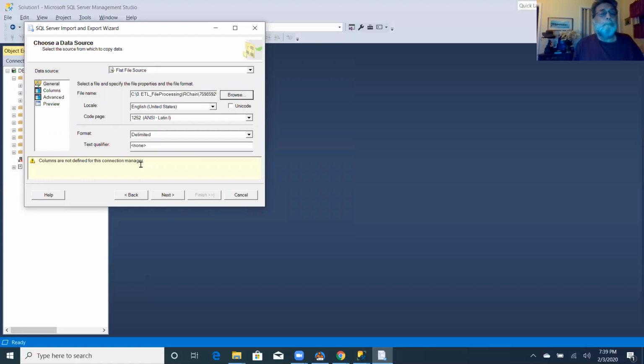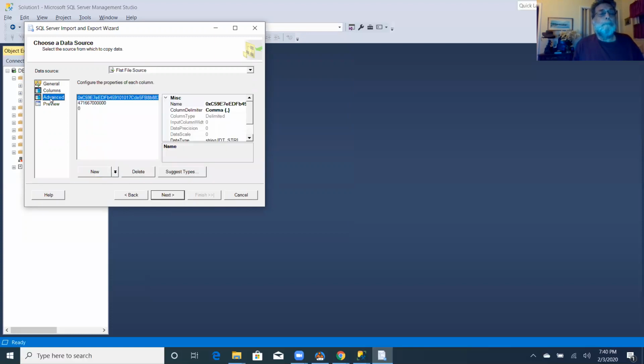Data, there's columns and advanced on the left-hand side under data source. Scale that, yeah, there you are. And then there will be just strings of 50, which I think is long enough. So you can see that if you scroll down on the right-hand side, it's got data type string of 50. Sometimes I might increase that, but it might be worth it for the address just changing it to